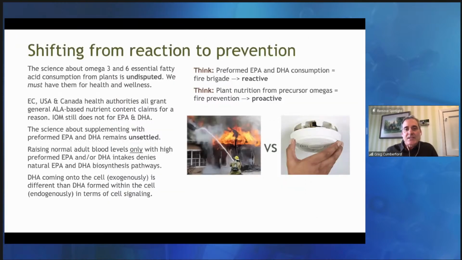So thinking of this as a kind of paradigm approach, if it's possible to shift to a truly more preventive approach than a reactionary approach in terms of wellness, the research that is coming forward really suggests that a plant-based source like ahi flour can be part of that, and we can be thinking more proactively across the whole diet of ways that we can achieve those benefits, as opposed to thinking that we have to respond later in life with only preformed EPA and DHA sources.